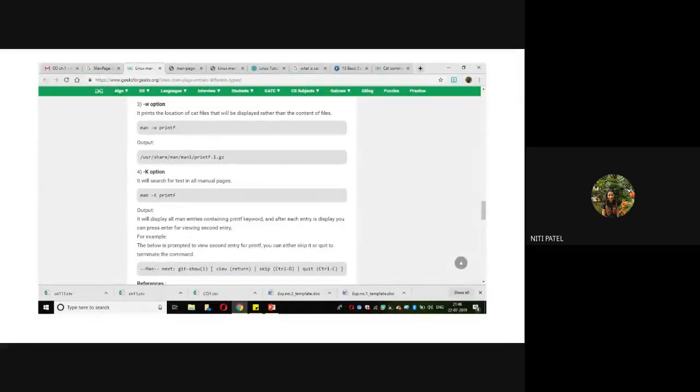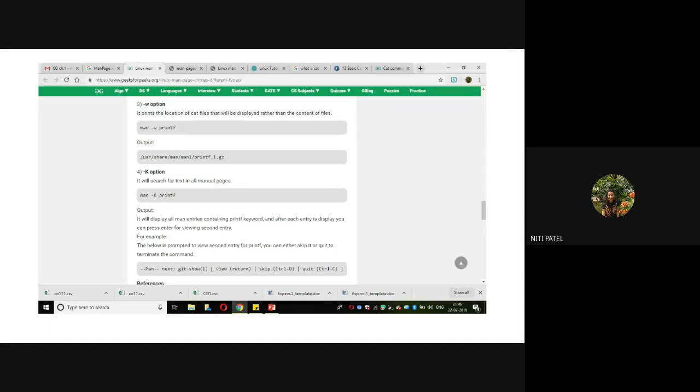And why is this man page used? It is called the manual page, which is used to know the description of any type of command used inside the Linux system. Let it be a user command, a system call, a device related command, a library related command, or a game related command, all the information can be searched with the help of a man page. If you want to categorize your search, you can always make use of options: -f for a small description, small -k to match with the keywords, and capital -K, again to match with the keywords, but you always have to keep pressing enter to see the next entry.